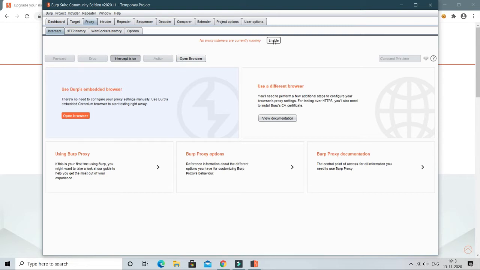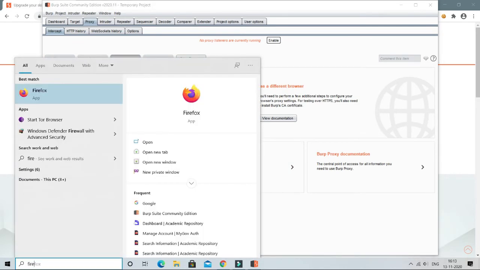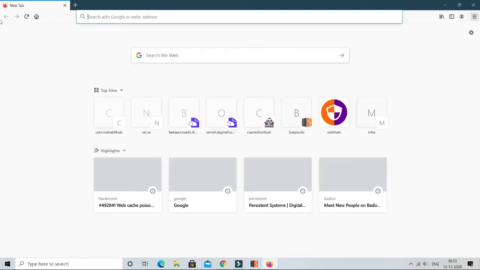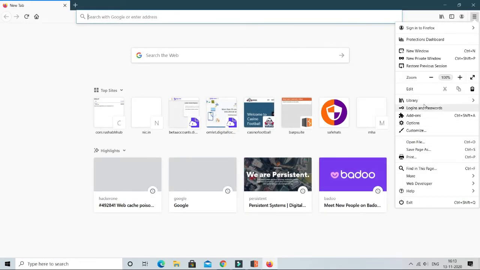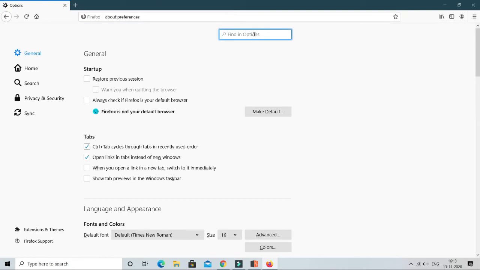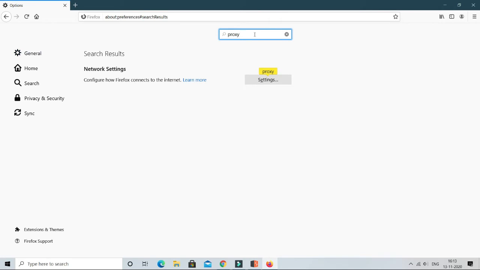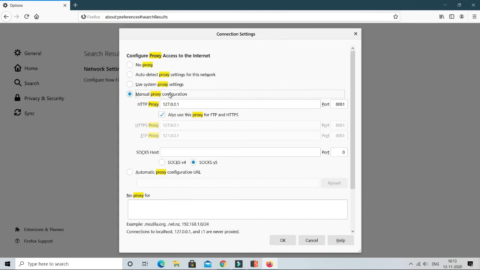Now before that, we will enable and configure the proxy on our browser. So I am using Firefox here. Now we have opened the settings. Type proxy, click on settings. Now as you can see, I have already configured it.